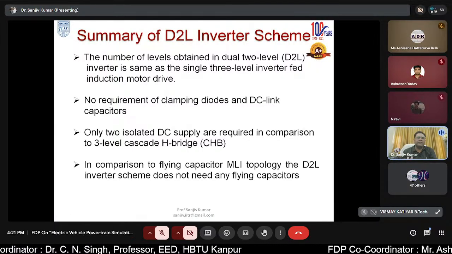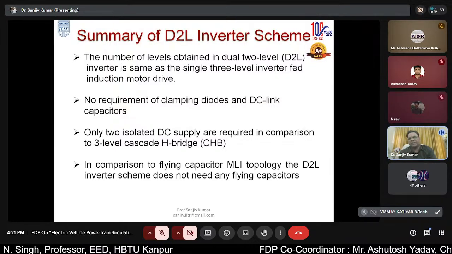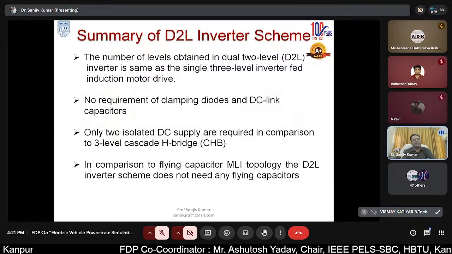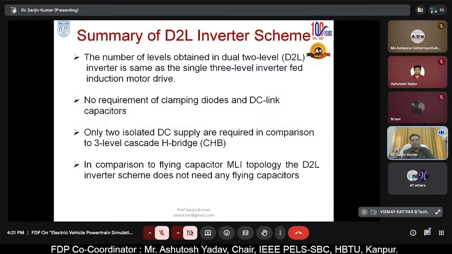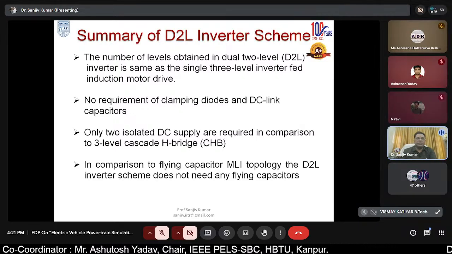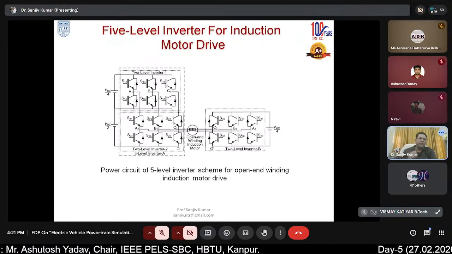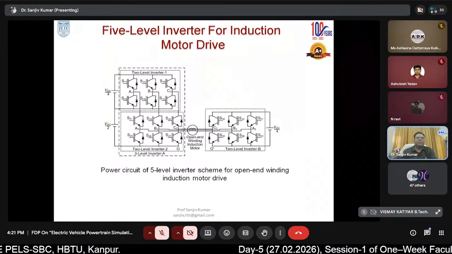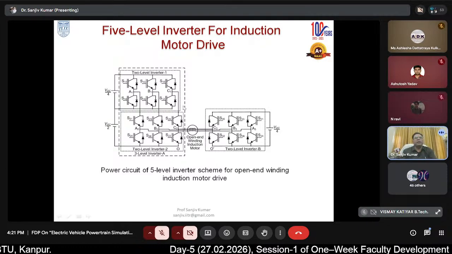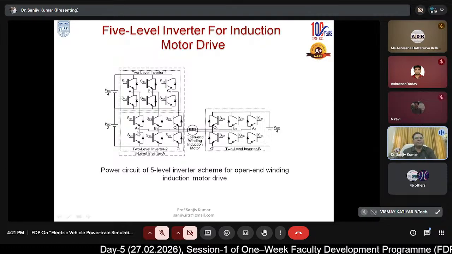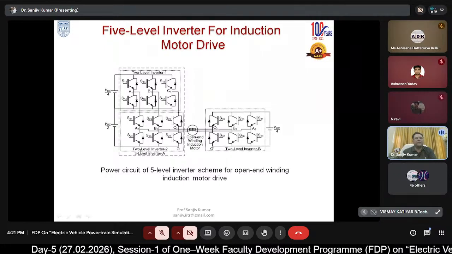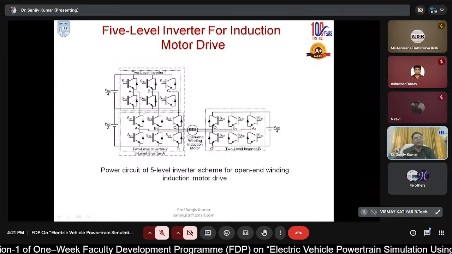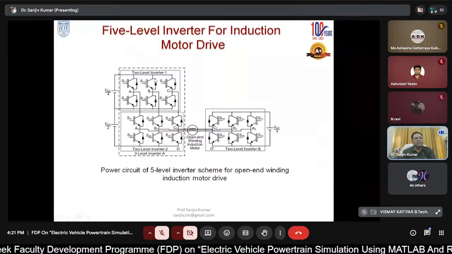See, there are three fundamental and well established topologies: neutral point clamp, flying capacitor, and cascaded H-bridge. Alright. So all these are advantages in the open end winding induction motor. Now, as we have seen that the THD level was low, what we did, we further extended one two level inverter. Now, the left hand side inverter can have three level operation, like it could have zero voltage, 2 VDC by 4, or 3 VDC by 4.